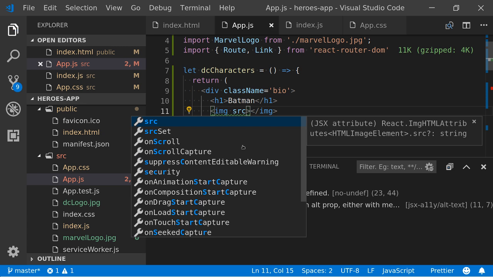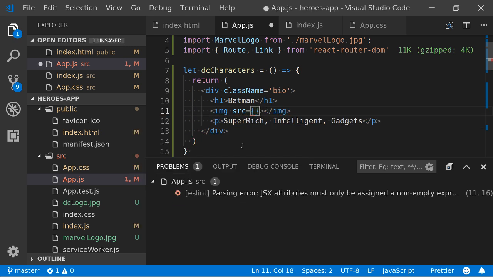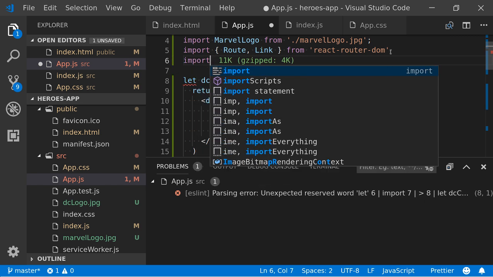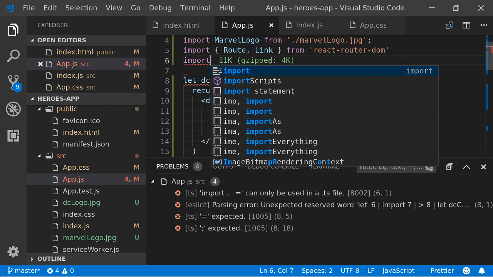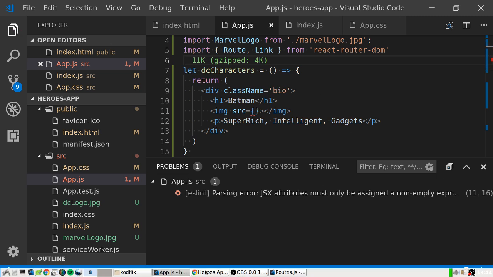So we got a picture of Batman yet? No. Should we go and get one? Let's go and get a picture of Batman. Or you're still copying that, guys, aren't you? Go and get a picture of Batman when you're ready, and then tell me how I'm going to import it into my component.